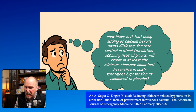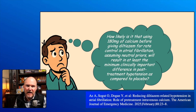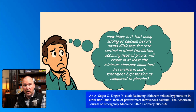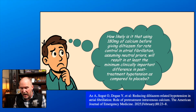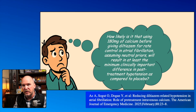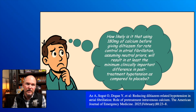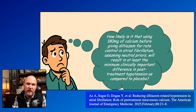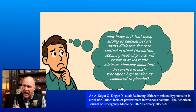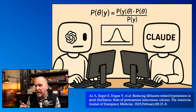So, with that MCID, a 10% difference in absolute rate reduction, I did some quick Bayesian calculations to find out, given neutral priors of there being no difference, and the results that I pulled from the data tables in this paper, I calculated the posterior probability of calcium pretreatment causing at least 10% or more reduction in hypotension compared to placebo. And when I say I did some quick calculations, I mean, of course, I asked ChatGPT and I confirmed it